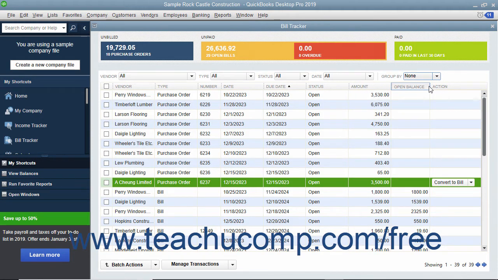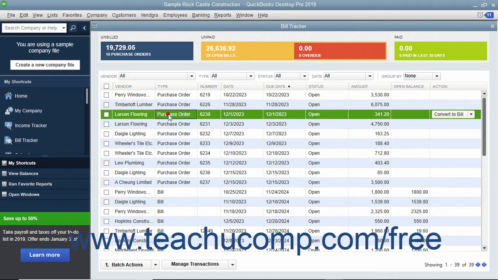You can perform actions on the items shown within the list in the Bill Tracker window. To perform actions on an individual item, click the line item on which you want to perform an action. You can click the button shown in the Action column for the selected line item to perform the most immediate action for it. To choose another action to perform on the line item instead, click the drop-down to the right of that button,